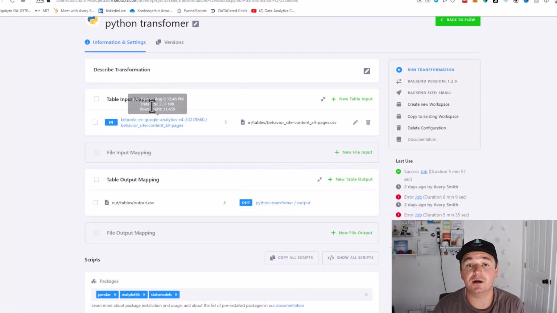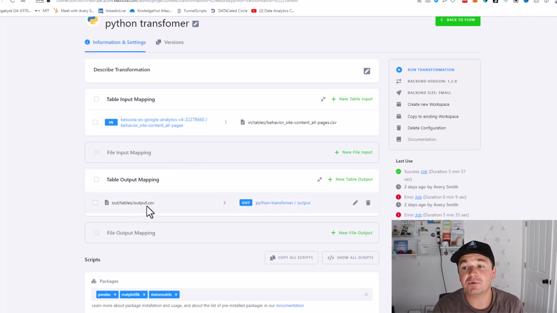We have the input, which is going to be the data that's coming in. That is going to be the behavioral analysis, basically the page visits that we already have stored in Keboola. You'll see that here. That's going to dump as a CSV with this name right here. We have what we're going to create out of it. So I'm going to create something from the output CSV that I make in Python and store that as a